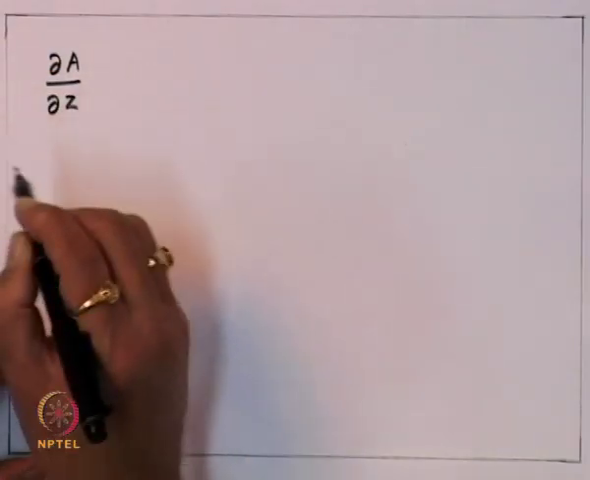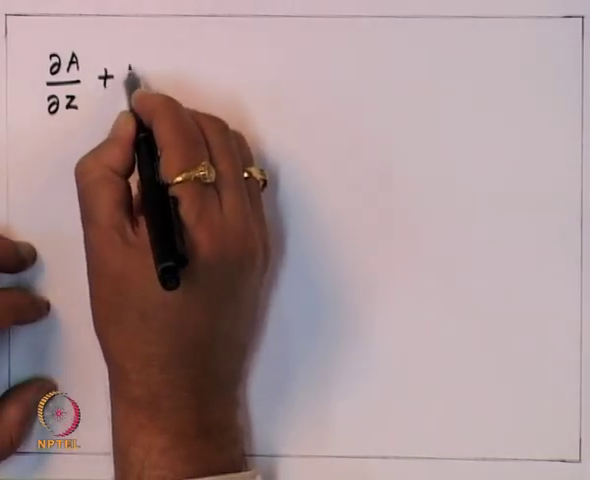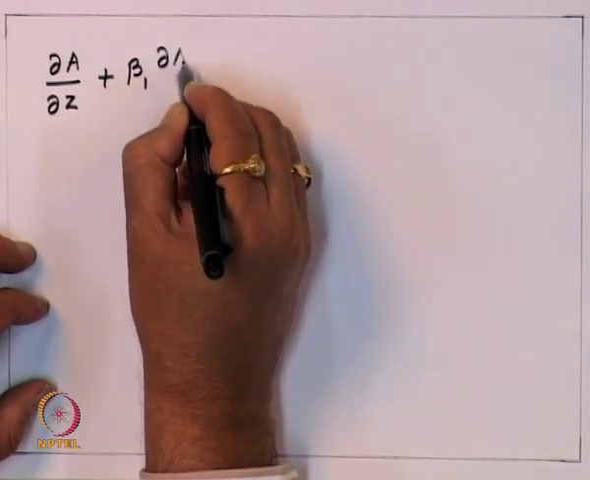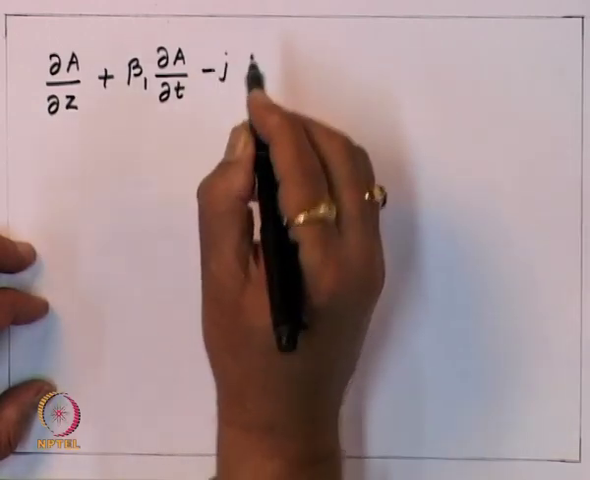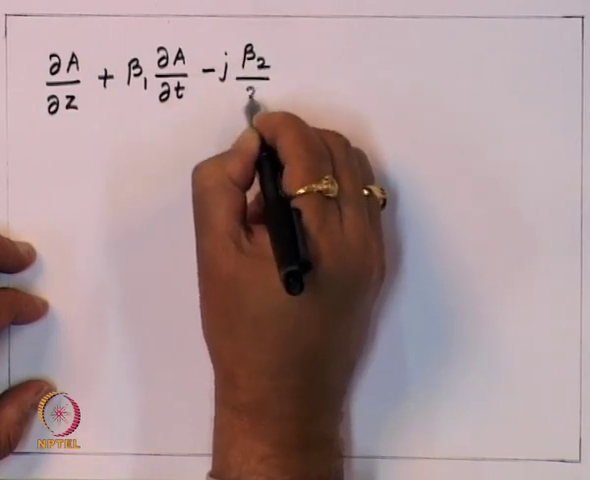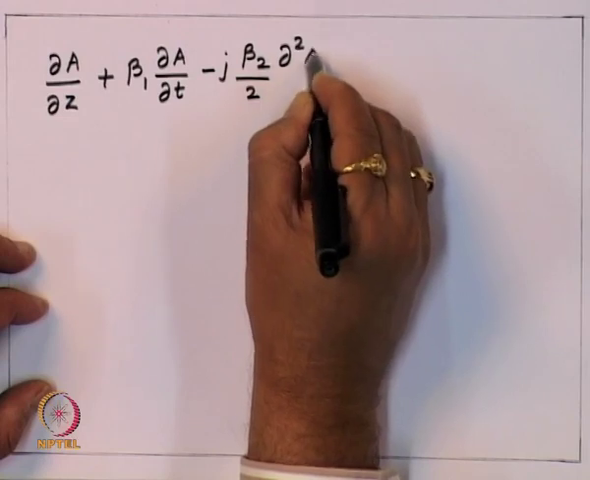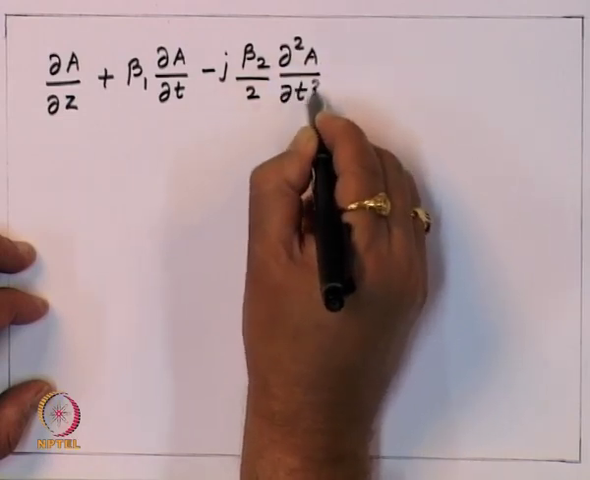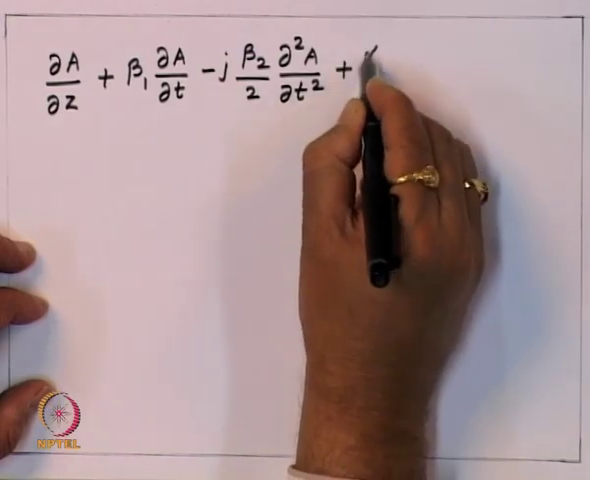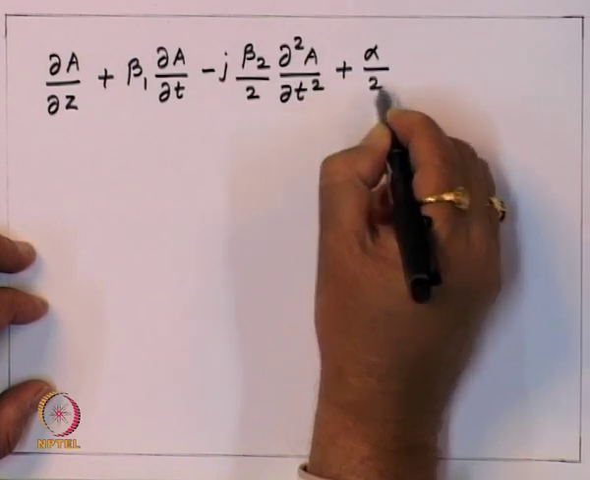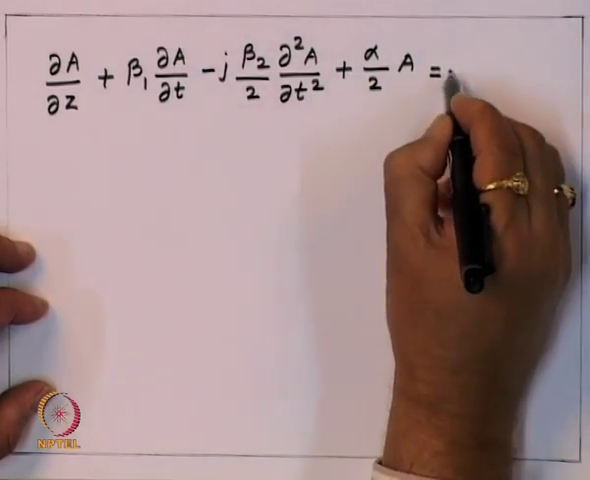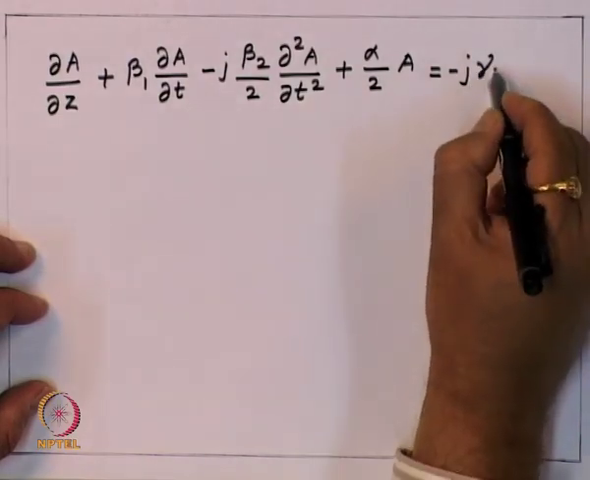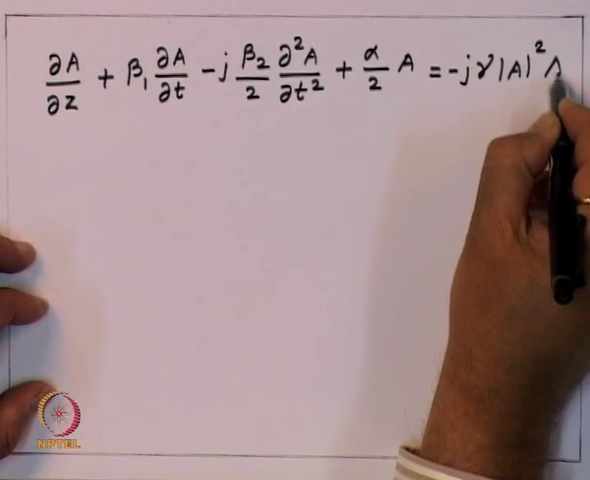as dA by dz plus beta 1 dA by dt minus j beta 2 upon 2 d 2 A by dt square plus alpha upon 2 A equal to minus j gamma mod A square A,